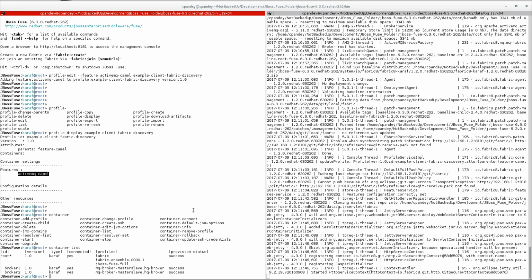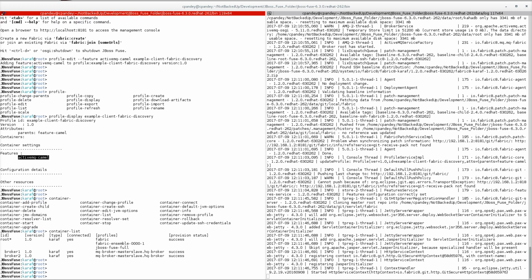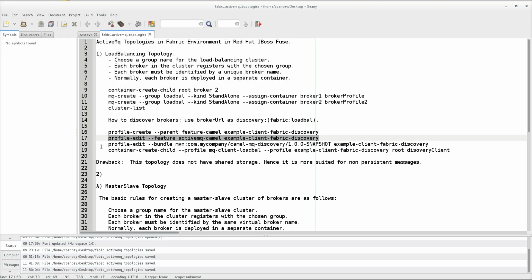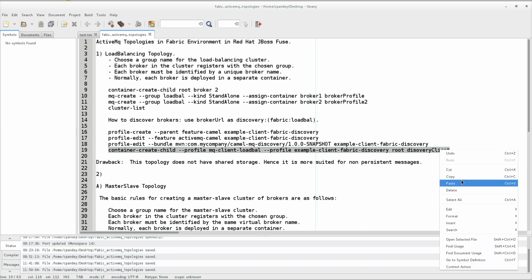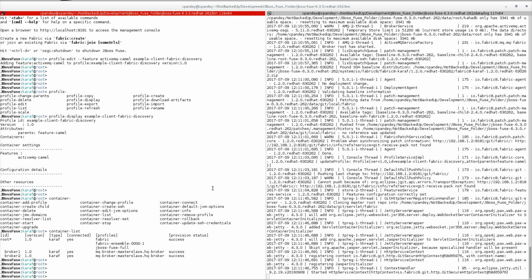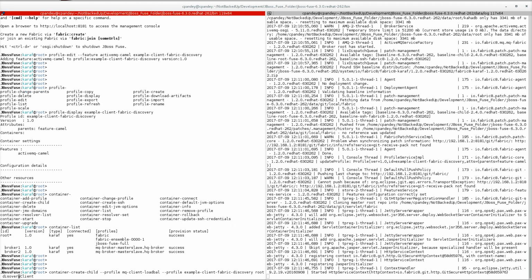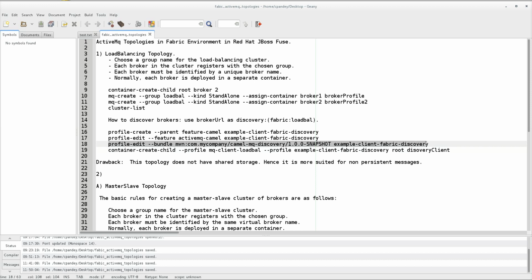So how can we do that? There is this command. So guys, what I am doing right now is creating a child, and that child will have the client code. So what client code is it having? Okay, I forgot one thing. Before that I have to add my code. So this is the code.